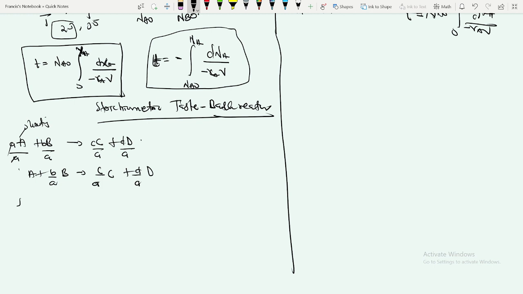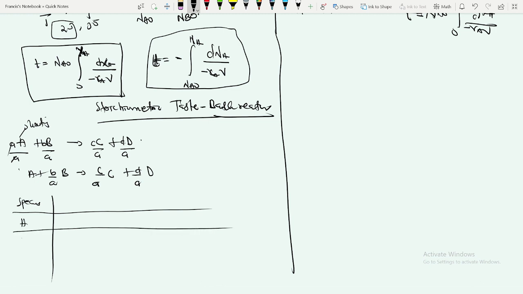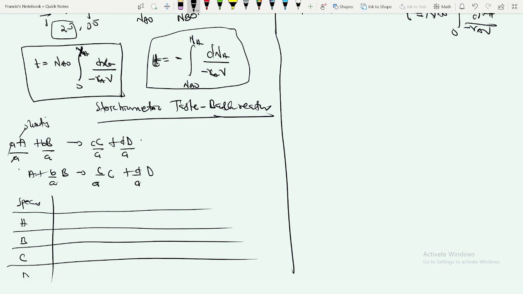And we write down our species, right? So our species here we have A, B, C, and then D. And then our next one is our initial moles present. So for A, our initial moles present is Na naught. For B, that will be